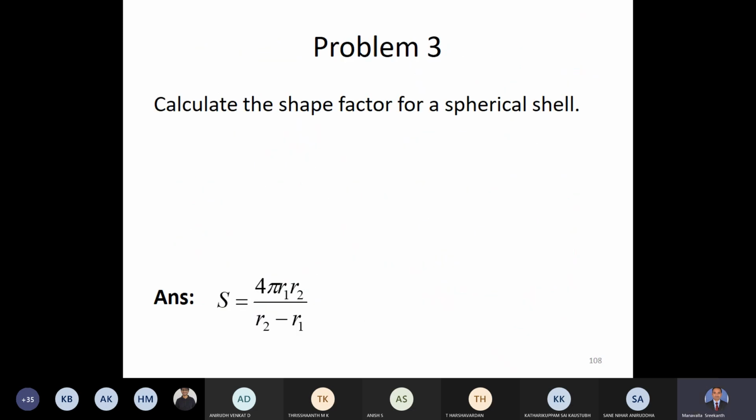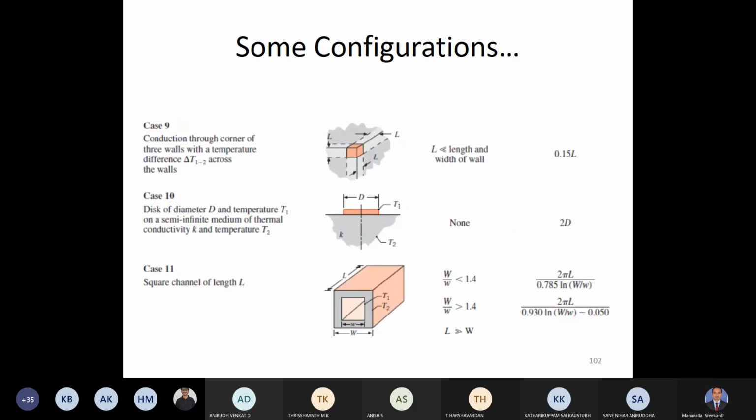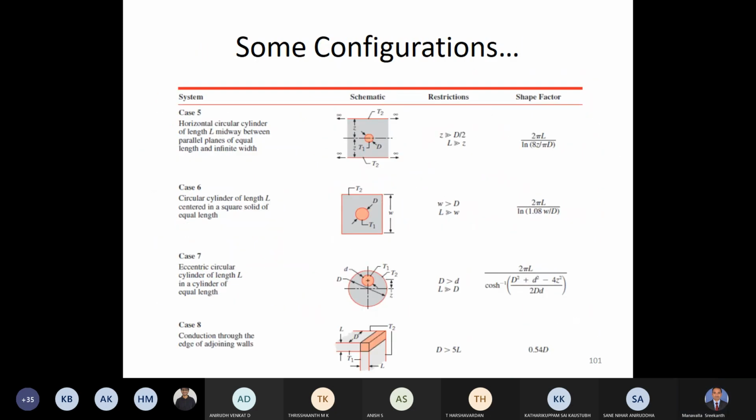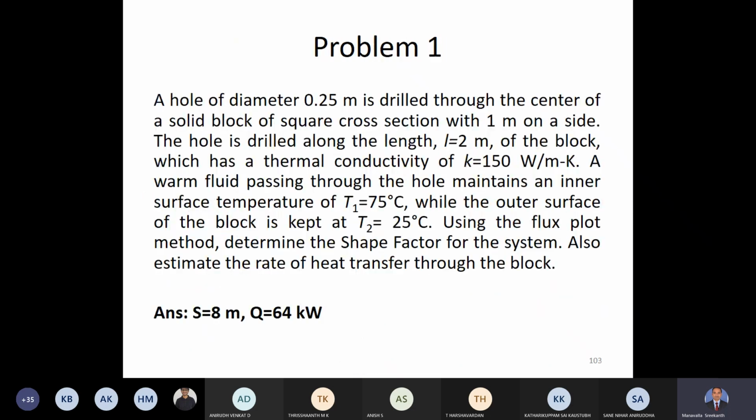We'll go to another problem where, yesterday, I showed this table where you have the shape factor, the analytical solution of the shape factor. So if you can calculate this shape factor using the simple formulas, then you will be easily able to find out what is the amount of heat transfer, and later we can also find out the temperature at a particular location. So using that concept, we can